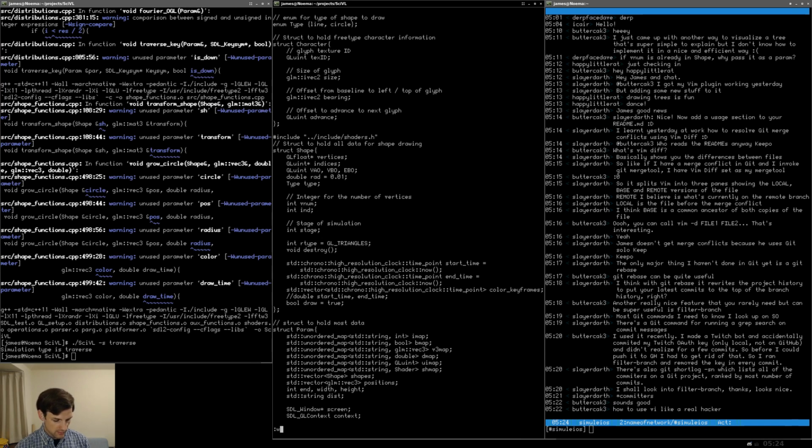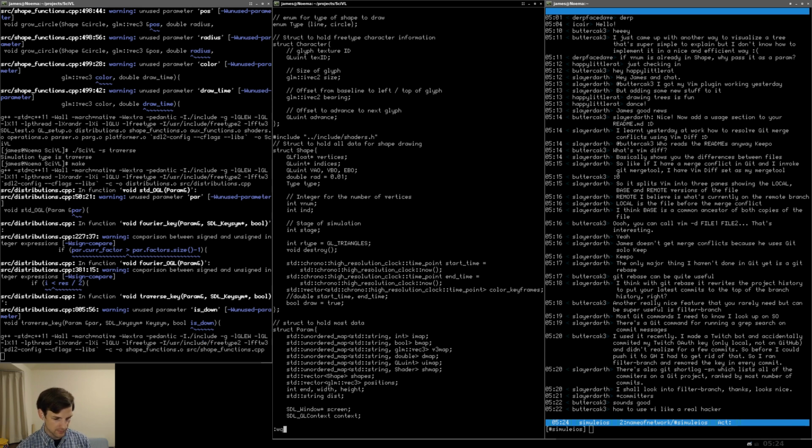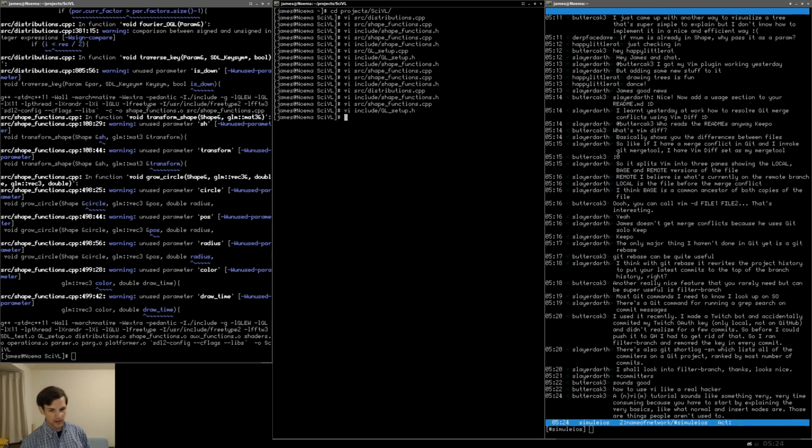Okay, so this should make no problem, unless I misspelled something. So this is going to be all the different color keyframes we have. So now what I need to do,